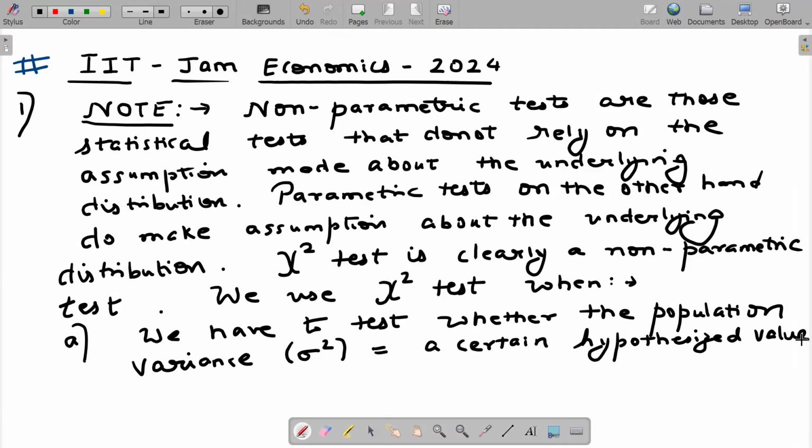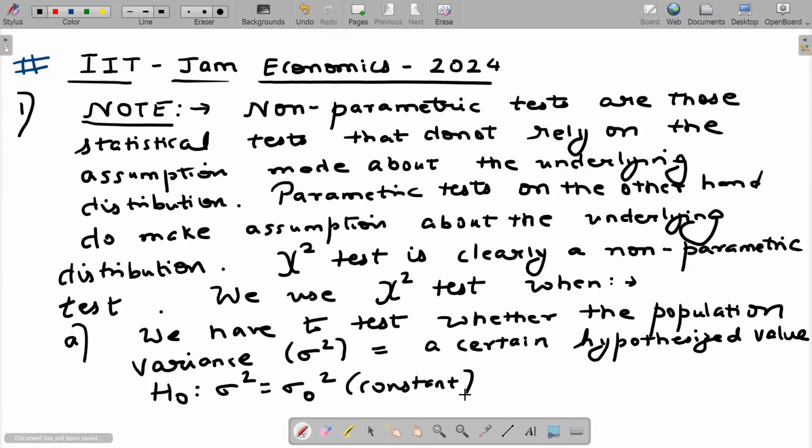Suppose my null hypothesis is sigma square equal to sigma naught square, where sigma naught square is a constant. Then we use the chi-square test, and we also use the chi-square test when we have to